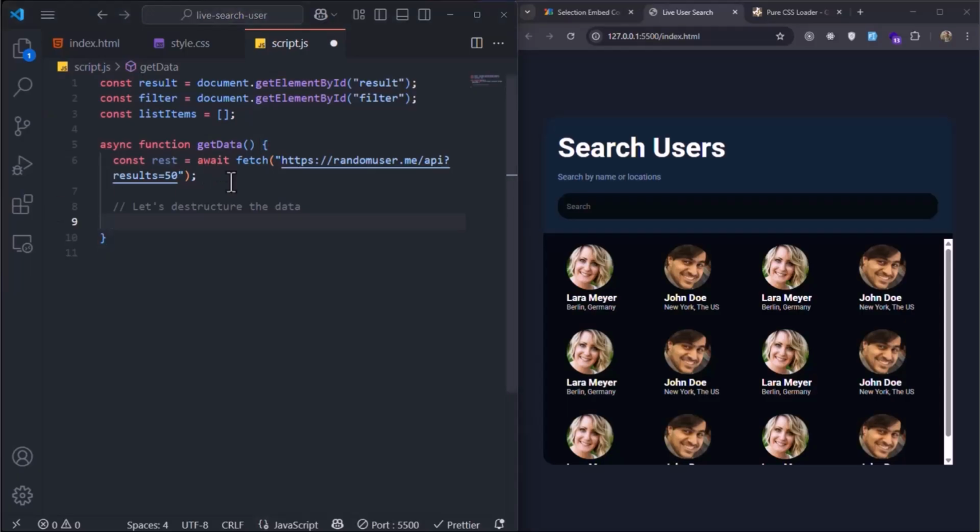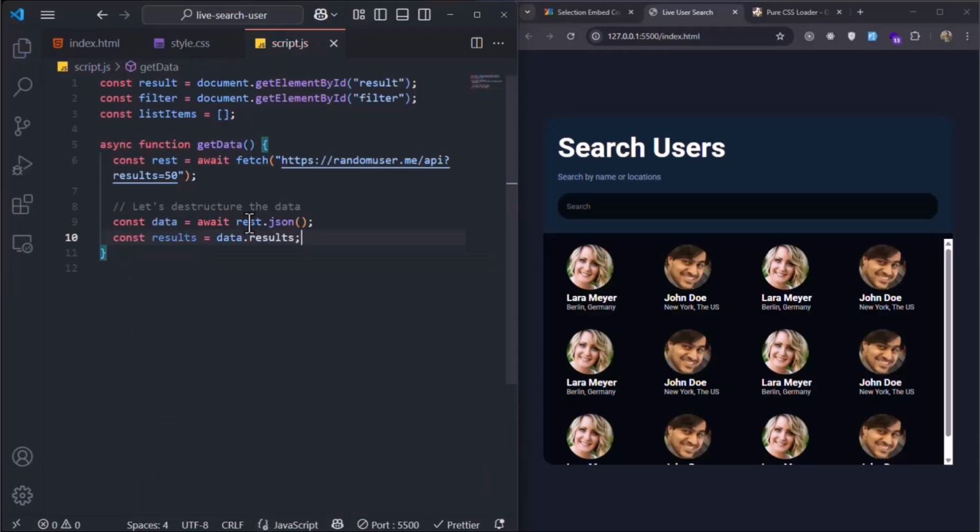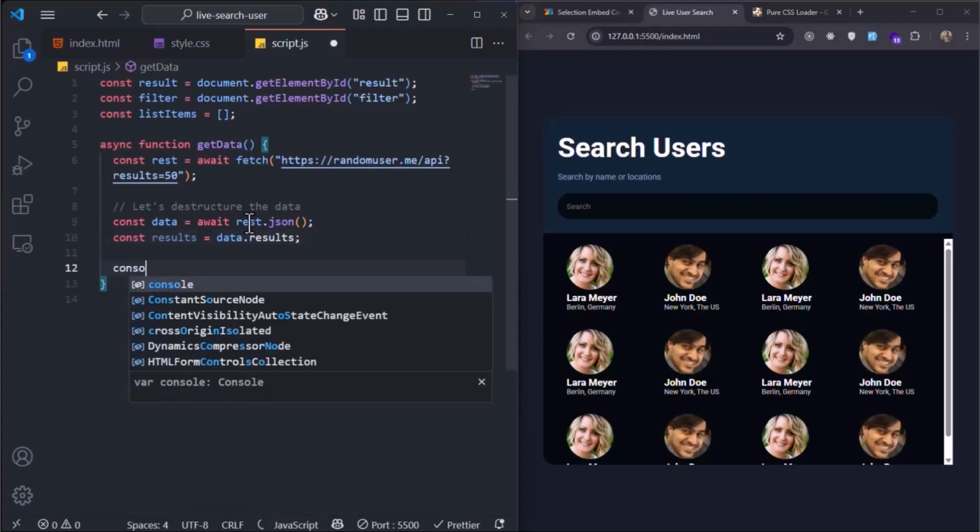One way is that you can create a variable, name it data, and await res.json, which gives you the data as JSON, and then const results is equal to data.results. This syntax is called destructuring assignment. The function res.json returns a JavaScript object, and inside that object there's a property named results. For example, if I console.log